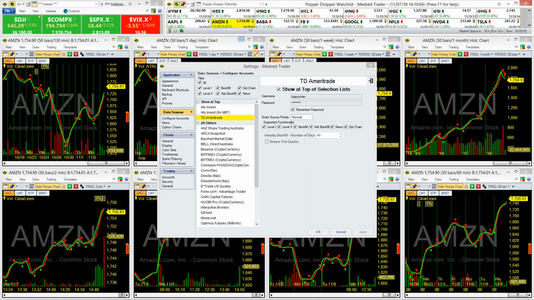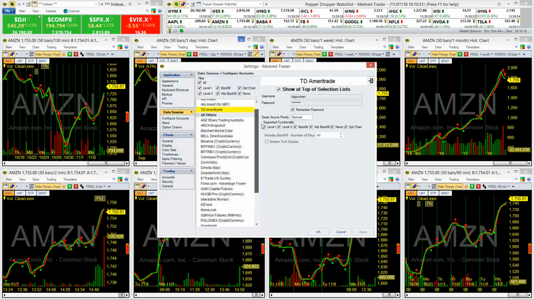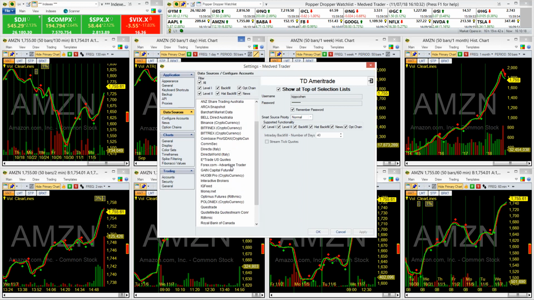You can see I have futures, which Ally does not provide. So there's your data sources, and that's part of the initial setup process. But if you have multiple trading accounts, you can set it up to receive data from any one of those accounts. This is the list of all of the brokers and data feed providers that they are integrated with, that you can work with. So you can see E-Trade, if you trade Gain Capital futures, Interactive Brokers,